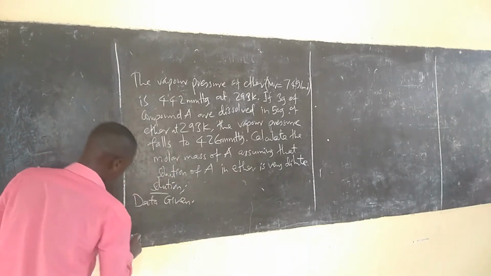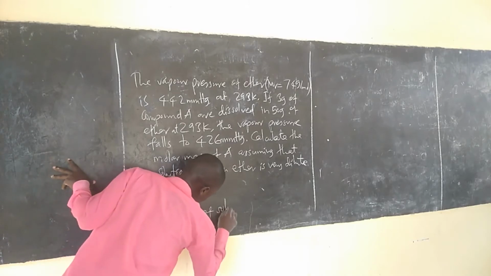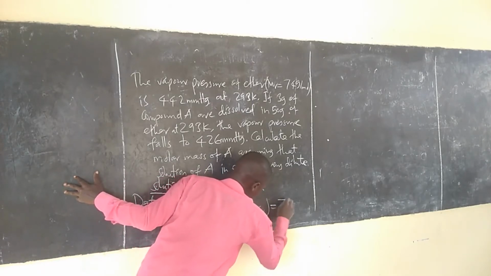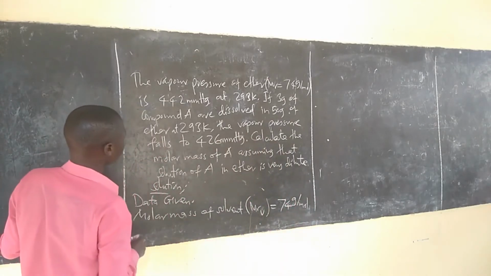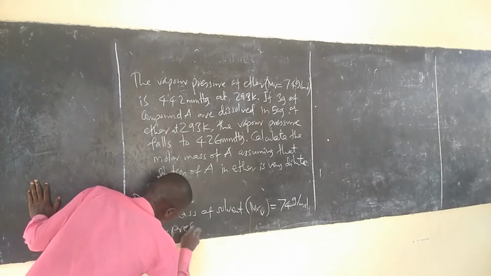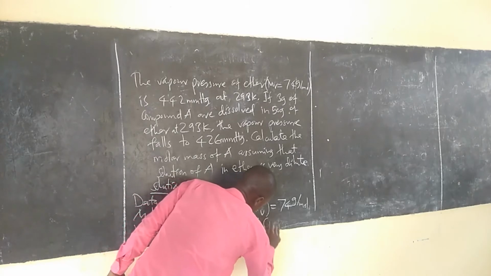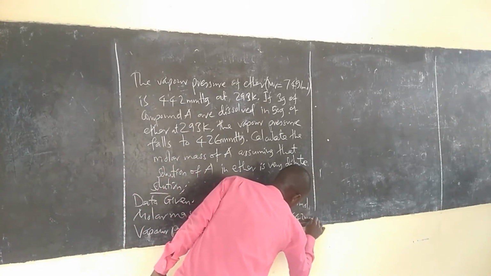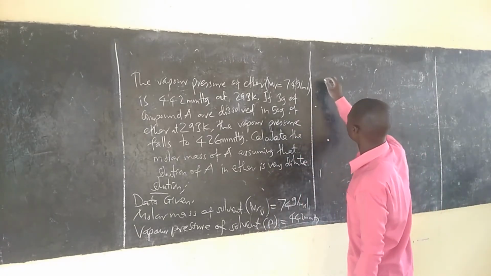We are given molar mass of solvent, MRV, 74 gram per mole. Then we are given vapor pressure of pure solvent, P equal to 442 mm of Hg. But we also have mass of solute,